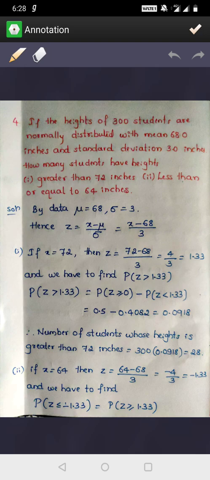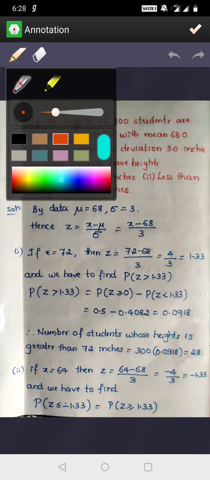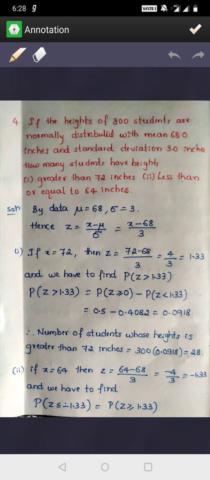First one, if x is 72, then our z will be 72 minus 68 divided by 3. We just have to substitute these values in this formula. So when you simplify, you will get 1.33. Now we have to find the probability of z greater than or equal to